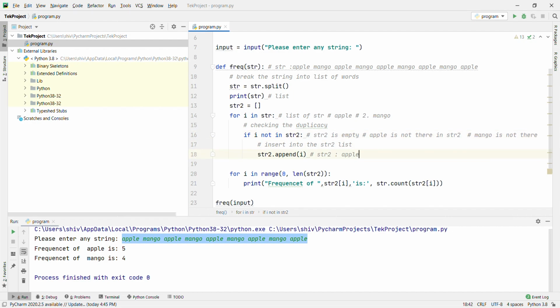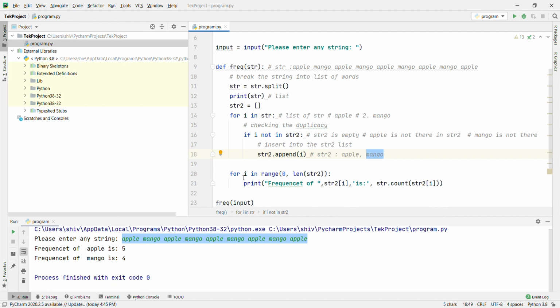Then it will append mango in str2 also. Now the apple will come again. Then it will check apple is not in str2. Apple is already there in str2. Apple and mango are already there in str2, so it will not append anything here. Now mango will come again. Mango is already there, so it will not append. It will do one by one for all of them, and in str2 only apple and mango will be there.